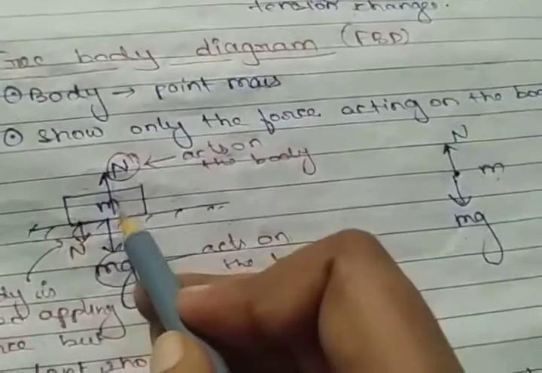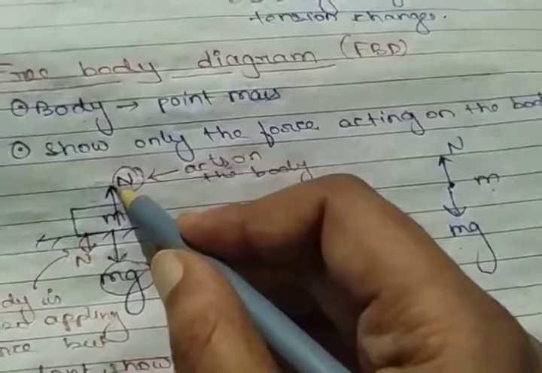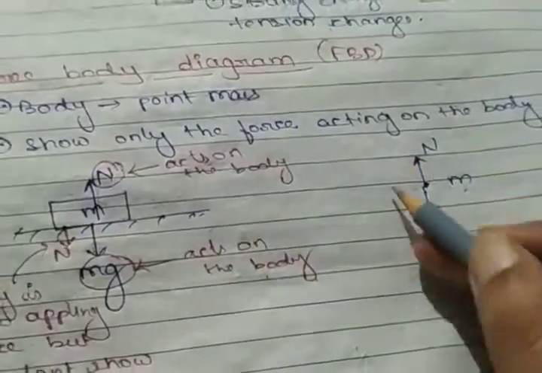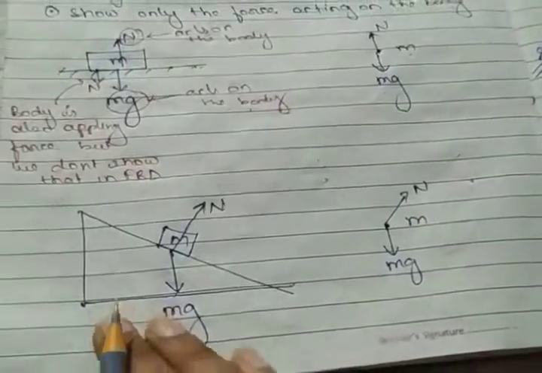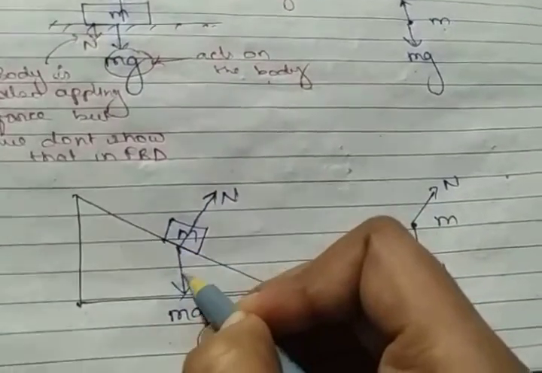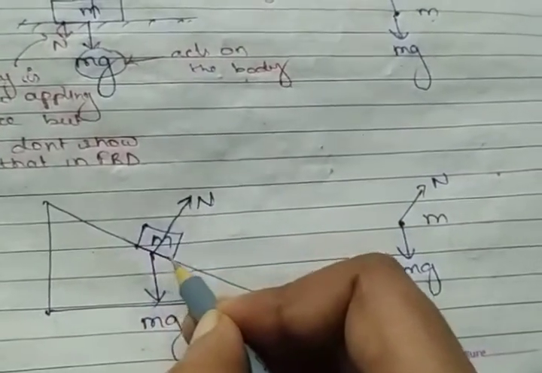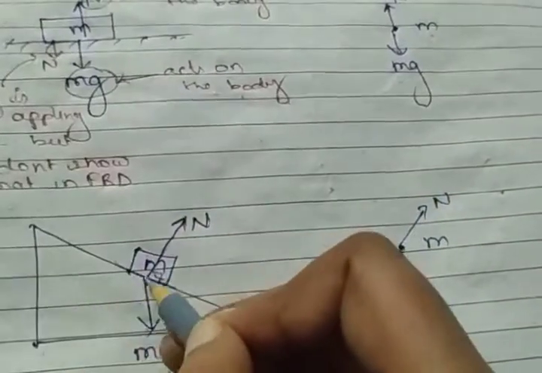So how will we draw this whole mass? I will consider a point mass m. Here normal reaction upwards, here mg downwards. So this is my free body diagram. Suppose I want to draw a free body diagram for an inclined plane with a mass kept over here. We know that the weight is always downwards, towards the center of the earth, so mg. But the normal reaction is always perpendicular to the surface, so I am drawing it perpendicular to the surface. So this is the mass, m. This is the normal, N. And this is the mg.